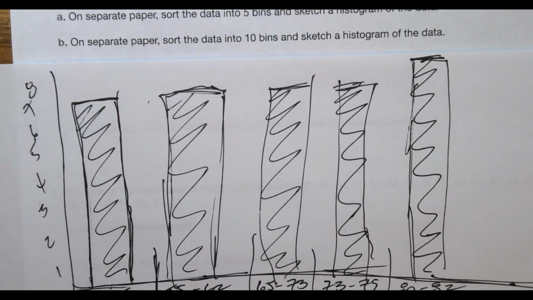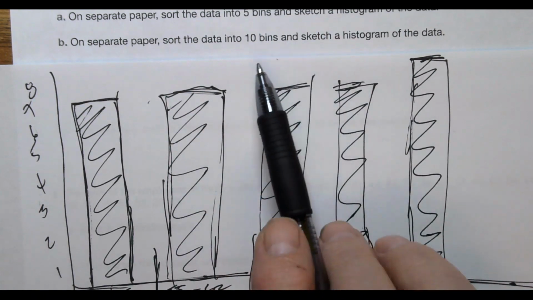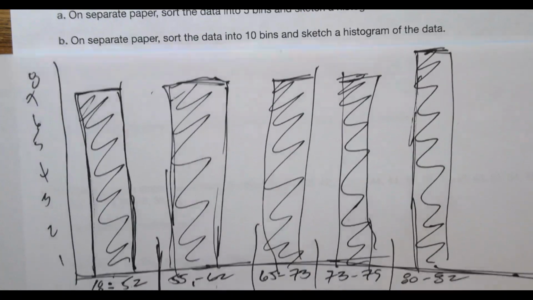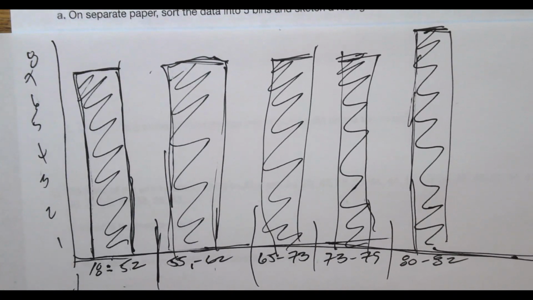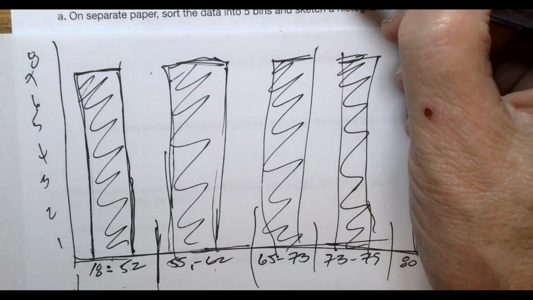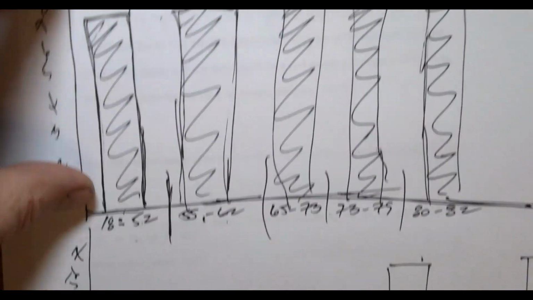Okay, so now if I took that and I separated it into 10, if I take 10 into 36, it's almost like 3.6, right? And so if I did that, I didn't keep track of that. So anyway, I would go 1, 2, 3. Well, actually, let's just look at my graph. So here, if I move this down,